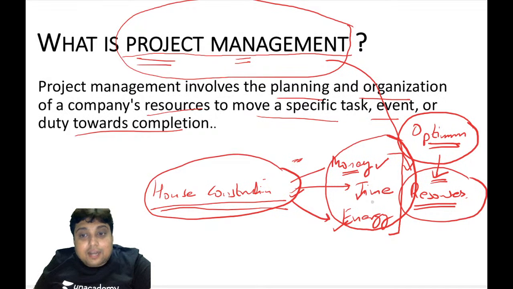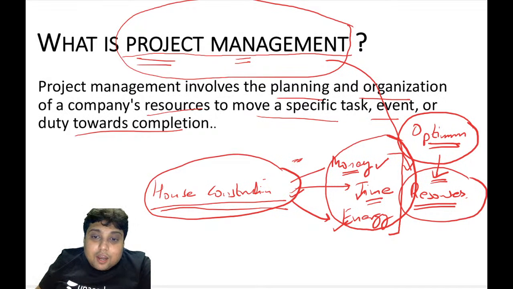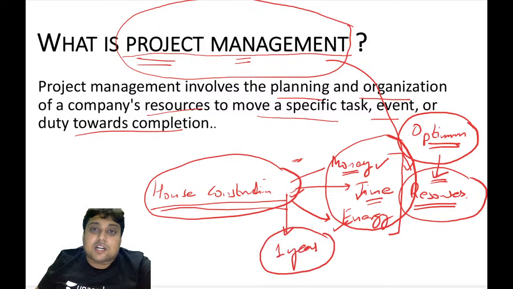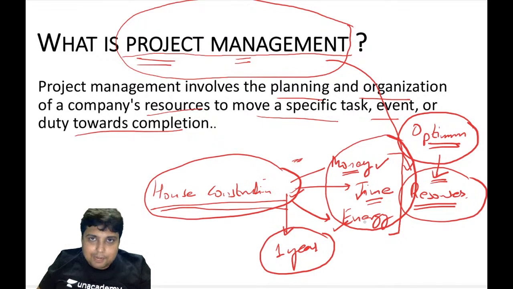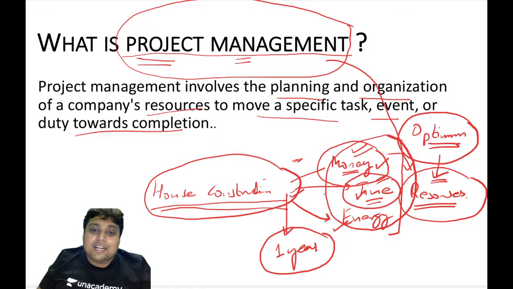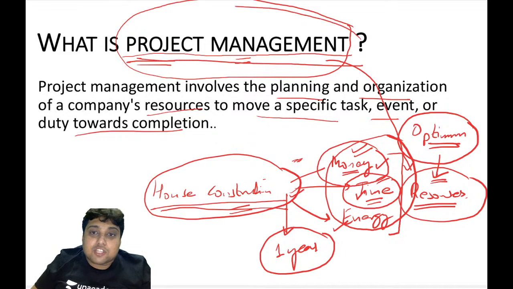The time, let's say if an ideal house takes a year to construct, you need 1 year to construct a house, then you have to make sure that your house also gets constructed in 1 year. It's not like you will be spending 15 months, 20 months to construct the house. Getting my point or not? So whatever resource you have to manage, you have to make sure you spend the right amount of money, you take the right amount of time to complete the project. Then only you can say the project is well managed or you have done some project management.